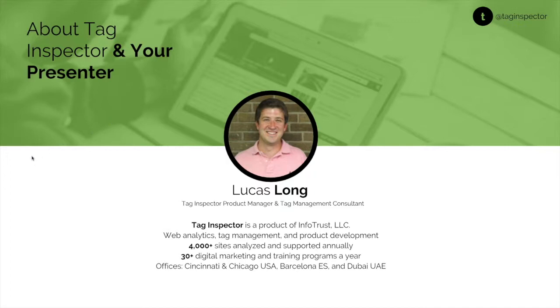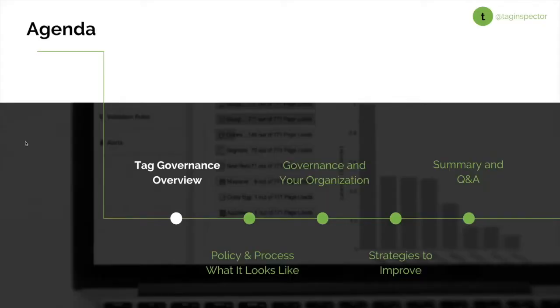Perfect. So to go ahead and jump into it, just to give you an overview of the agenda, what we'll be covering today. First, we'll be going through some basics of tag governance, what it is exactly that we're talking about, an overview of some of the core definitions and what I mean when I'm saying tag governance. Second, we'll look much more at specifics around policy and process. So what a tag governance policy should look like, what the process surrounding that policy should look like, and how that needs to be included at every stage within that overall tag management process